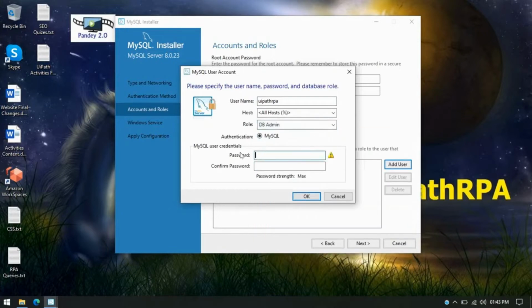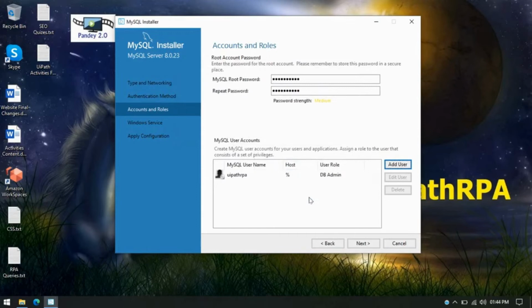Here you can put the credentials for the MySQL user. I'm going to use the same thing that I used for the root account password, right? Now press OK, and you have added this one successfully.